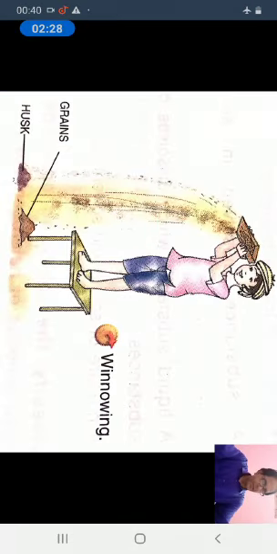So winnowing is a process used by farmers to separate grains from husk. What is husk? Husk is the outer coating of the grains. Now principle. Winnowing is based on the fact that grains are heavier than husk.